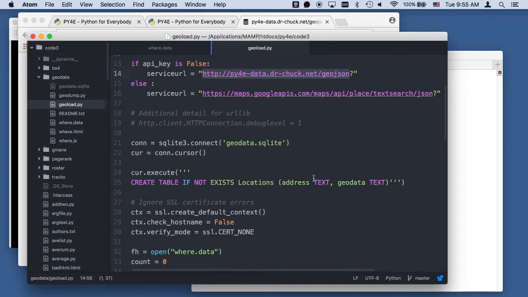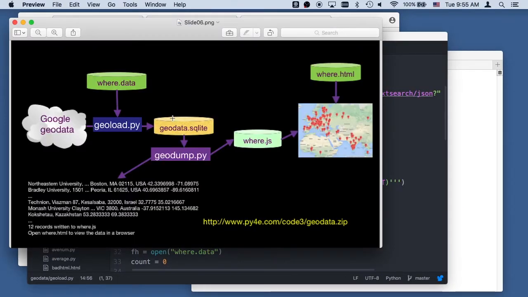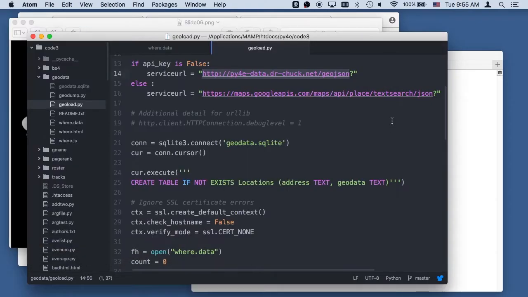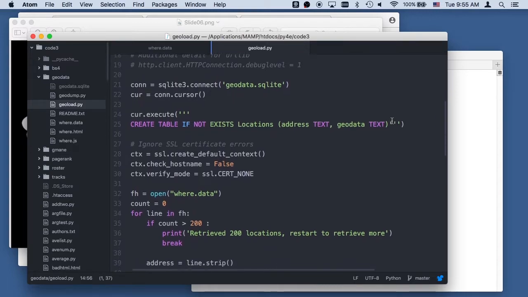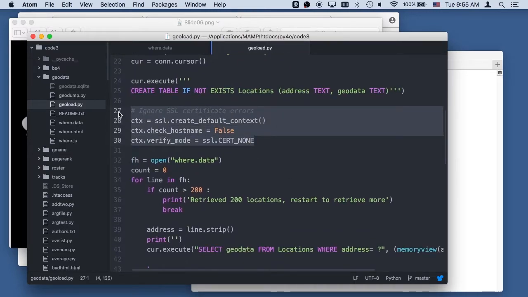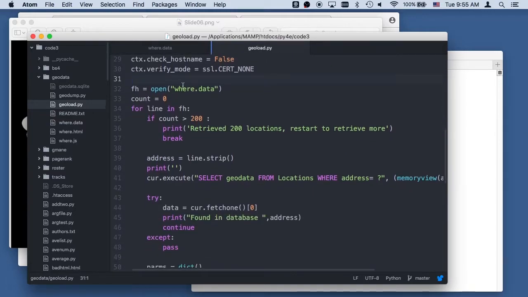So we're going to make a database. We're going to do a create table if not exists, and we'll have some address, and we're really just caching the geographical data. We're going to cache the JSON. One of the things we do when we build these processes is we tend to simplify and not do all the calculation and parsing of the JSON. Just load it and get it in, and load it and get it in, and fill the data up in this database. And so that's what we're going to do. Because Python doesn't ship with any legitimate certificates, we have to ignore certificate errors. We're going to open the file, and